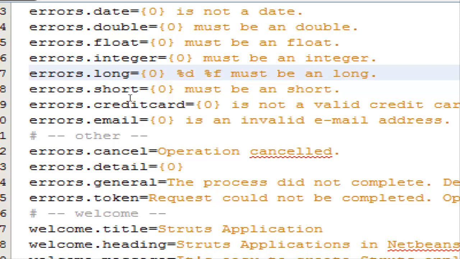When you execute the code, that %d will be replaced by something else. Similarly, that 0 is like a placeholder. Some text can be placed over here at runtime. So, for example, if instead of 0, I supply value, it will come as value must be 0 or value must be long or something of that type. You can get it. Maybe we'll